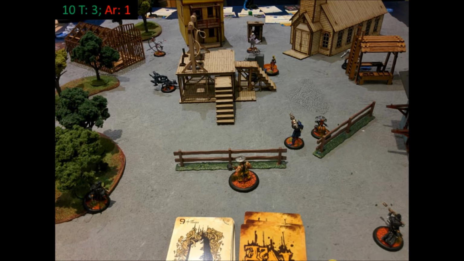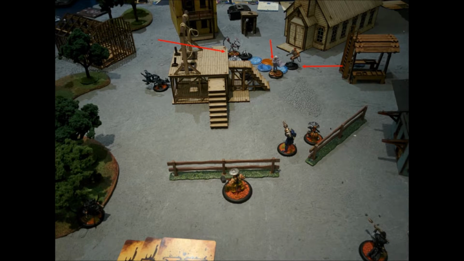Nothing of note. So at the end of turn 3, I'll score 1 more point for Interference, and he will score none because he only has the 1 table quarter. So going into turn 4, I